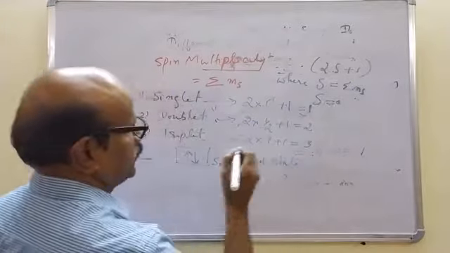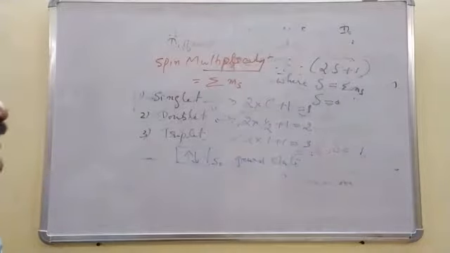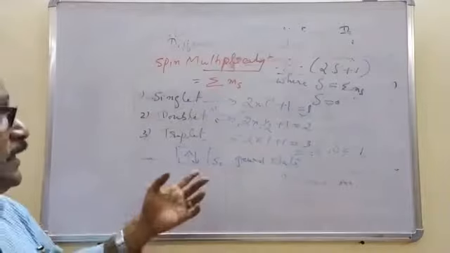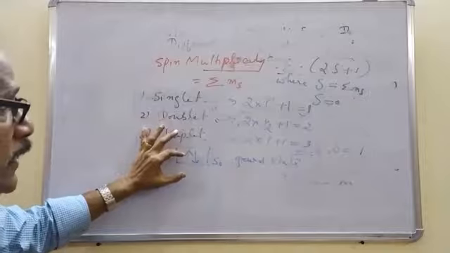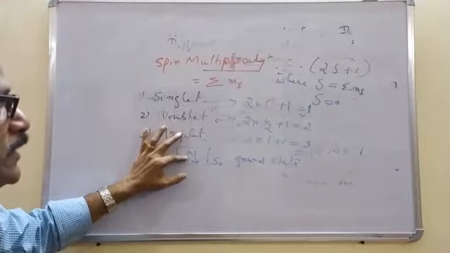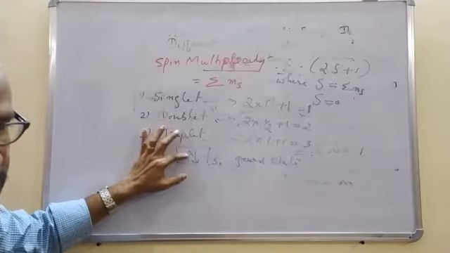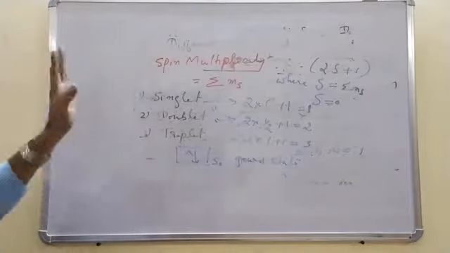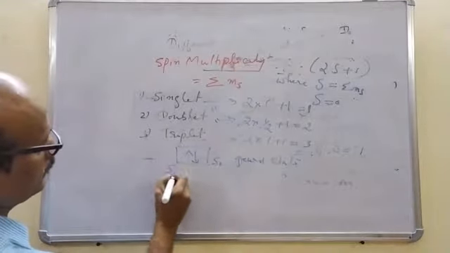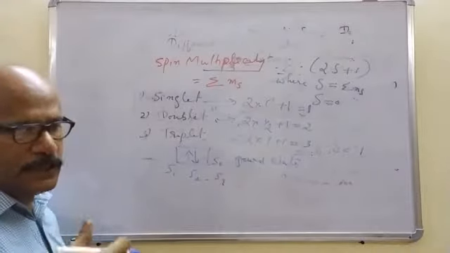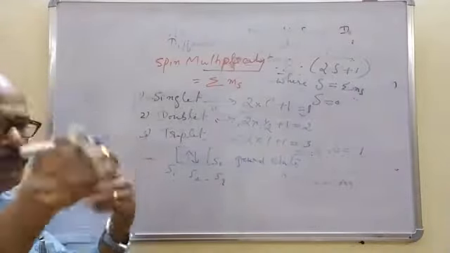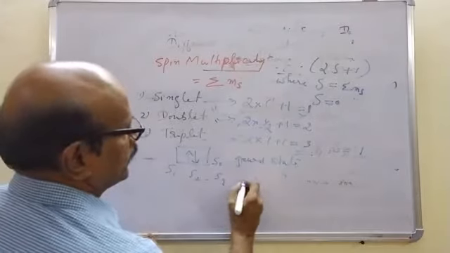The singlet state always has an S0 state, the ground state, in which the electrons are paired in the same molecular state. In all other cases, S1, S2, S3, where the electrons are antiparallel in different molecular orbitals,